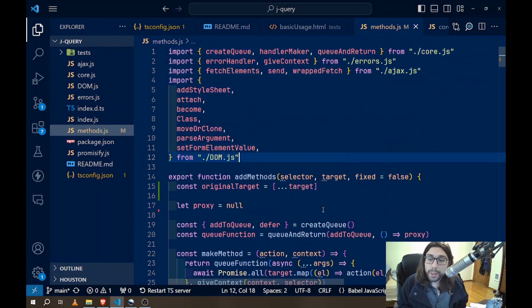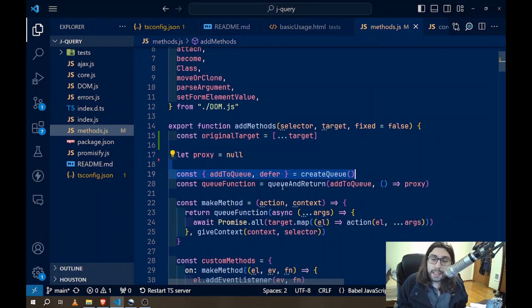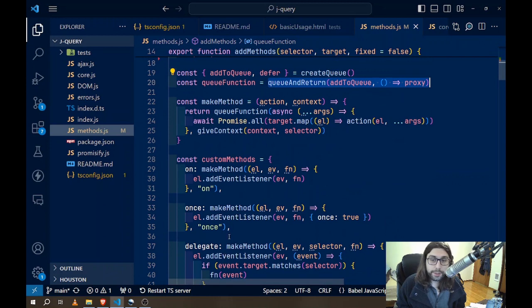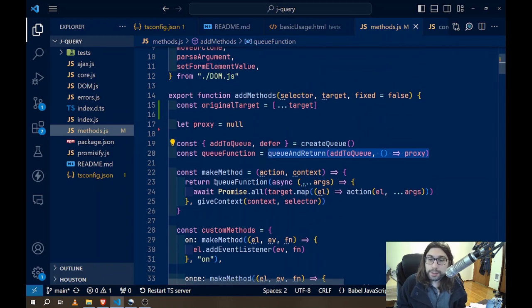So this is how we can create the queue inside of a closure, and we're going to have this value over time, and we can pass this queue function that we create with the queueAndReturn function, and we can create a new factory function called makeMethod, which passes that queue function that we created from the queueAndReturn factory function into each of these methods, and we use that to queue each method when it is called, and then we capture